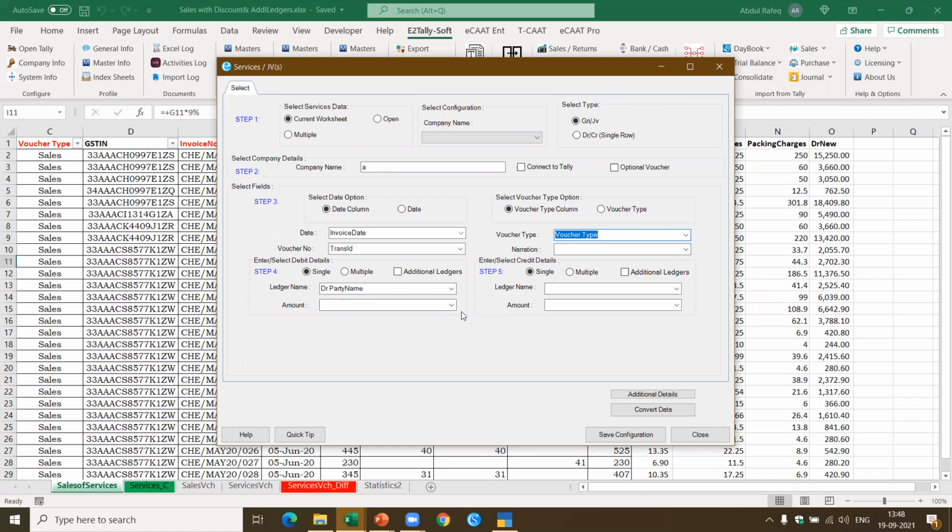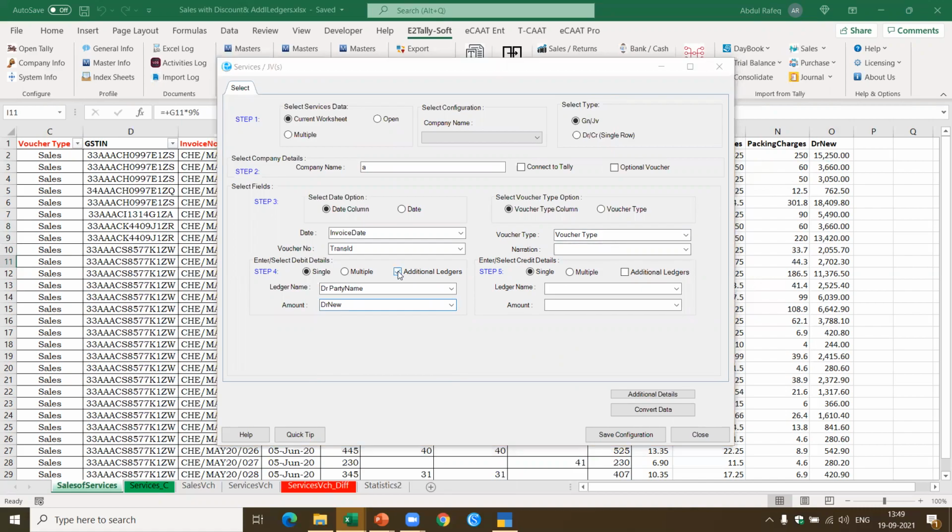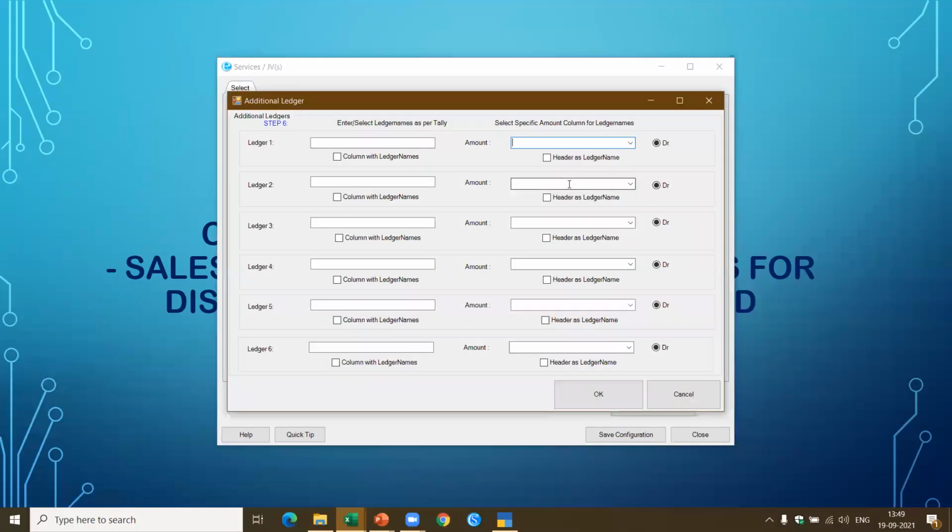So first I'm going to debit the party name. Now for the debit party name, I have to compute the total, and that total has been already computed here. This is the debit due. This has to tally exactly with the transaction. Otherwise, there will be a debit credit difference. Now I have additional edges here. What are the additional debits which are going to be there?